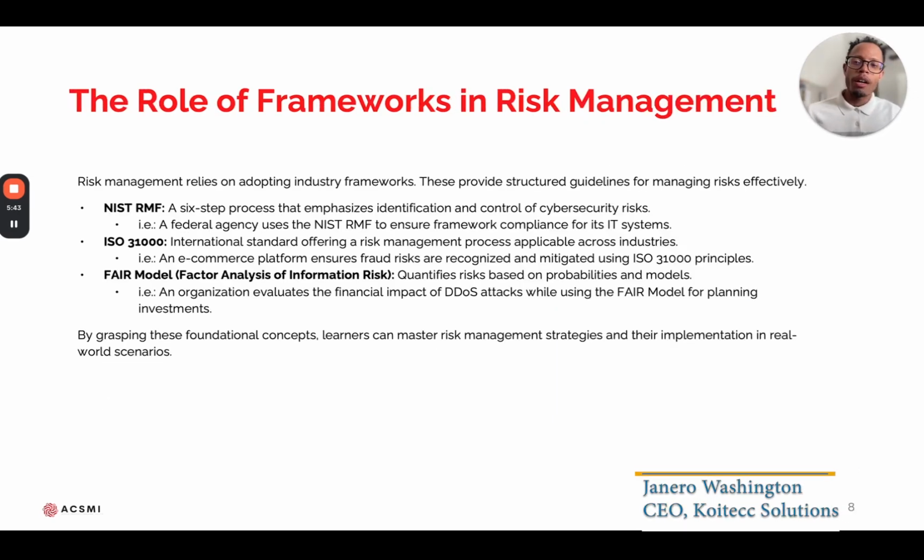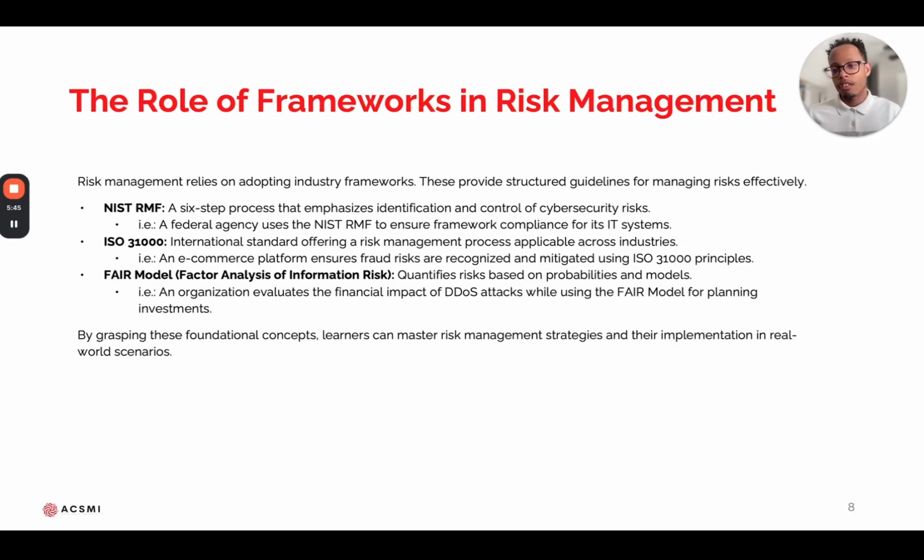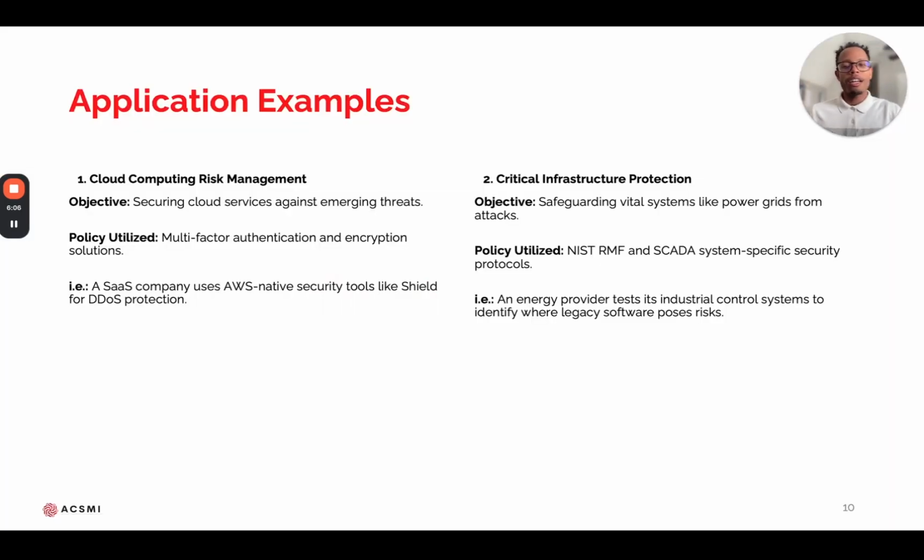Now, the role of a framework in risk management, and we touched on this a bit, but think about NIST RMF, a 6-step process. Of course, you have to plan out what you're going to be doing, and then step into the process of categorizing the system, looking at the controls, implementing these controls, assessing, and doing it all over again. Because risk management is a continuous process. It's ever going. You're not just going to put an IDS or IPS or SIEM into place and be done. No, that's not how it works.